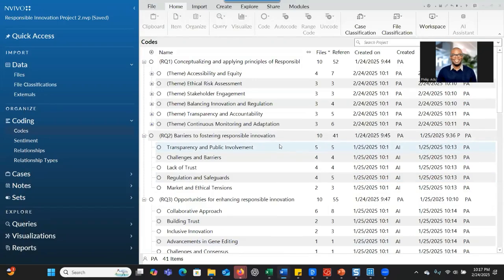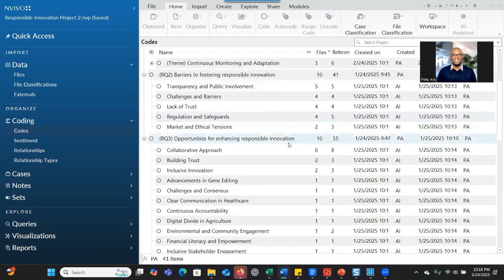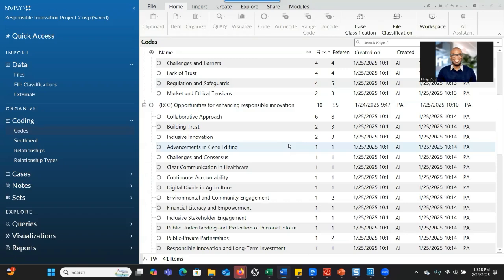And this will not take you a long time. So you can take advantage of this strategy so that you'll be able to come up with a theme that is really addressing the research question. To be able to get the most out of this process, you have to make sure that you develop a very good code, right? As you can see here, I did not develop the code, AI developed it for me, right? So if you are using NVivo 15,